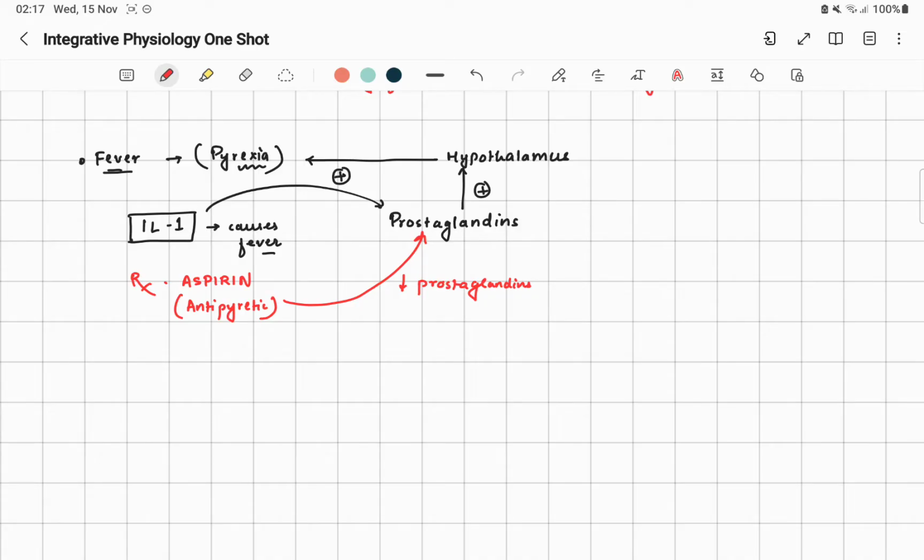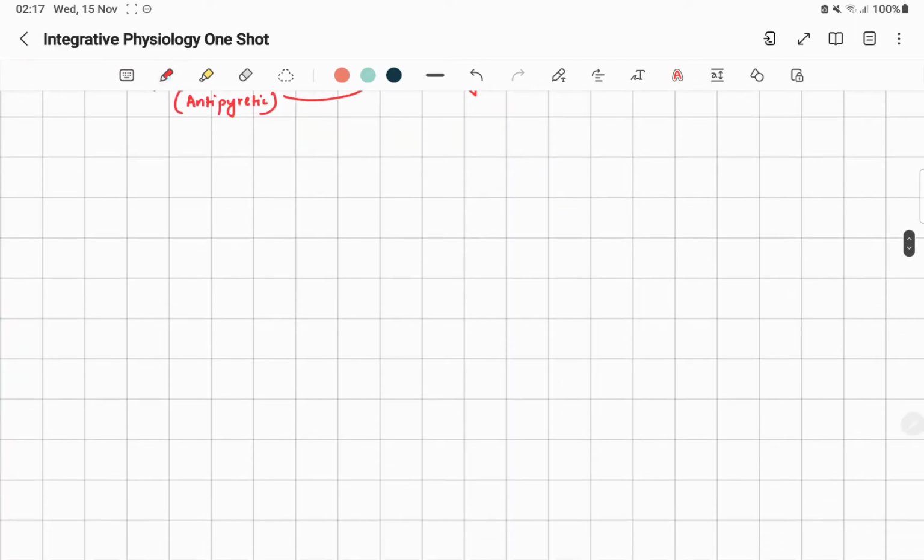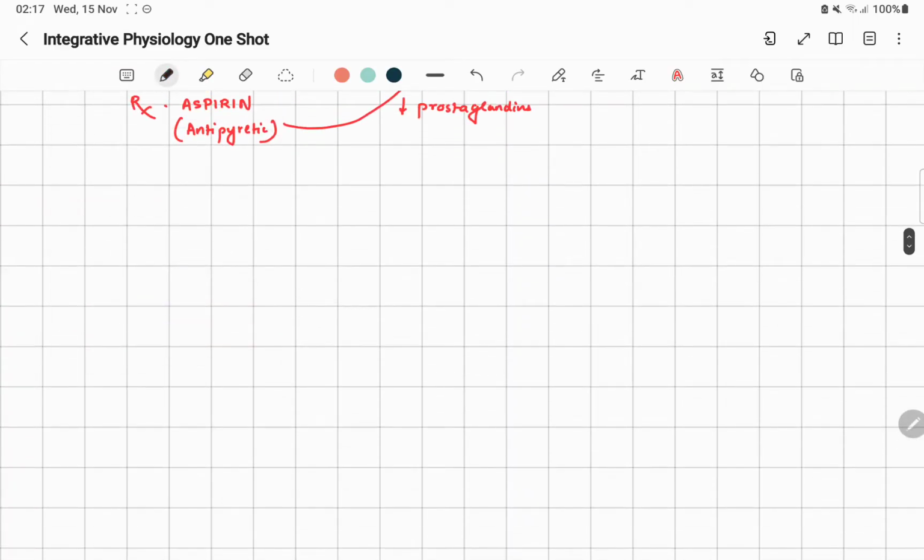After that, let's discuss the physiology of energy balance, body weight, starvation, and obesity. Let's talk about the relationship between body weight and energy balance. All the food we eat is a source of energy. Let's talk about energy balance as a whole.